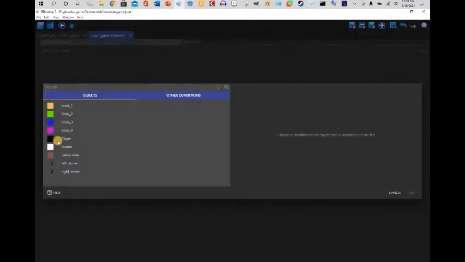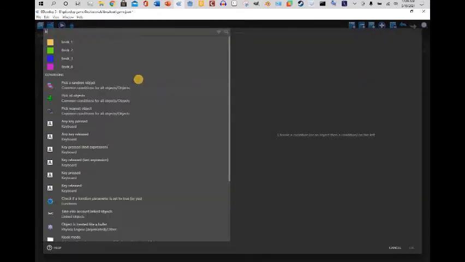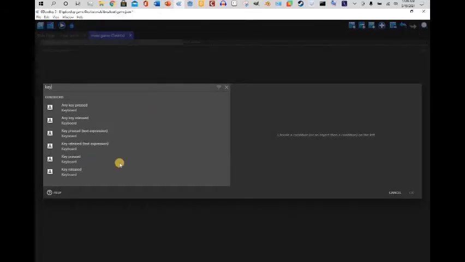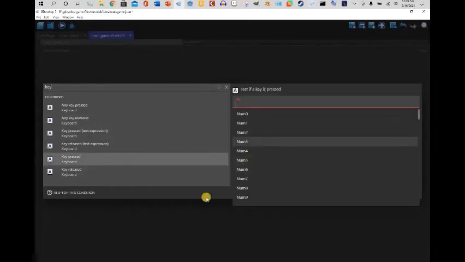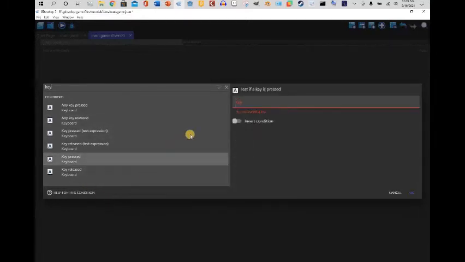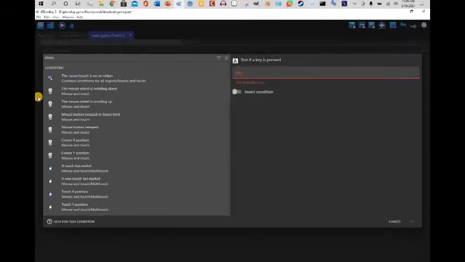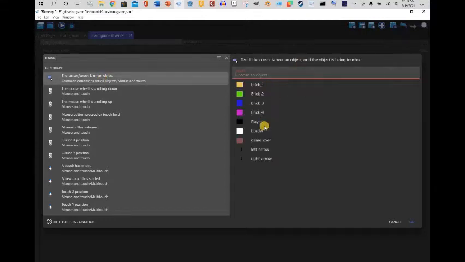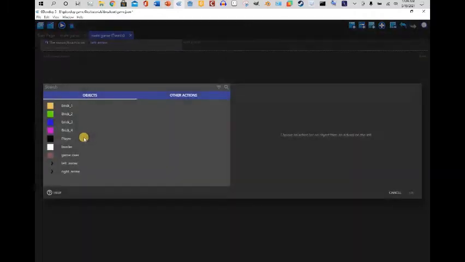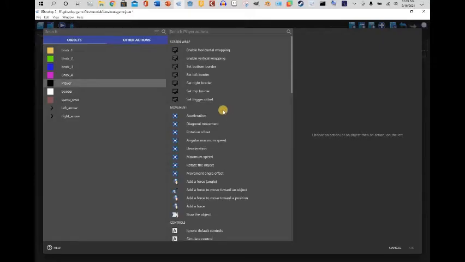Now, key pressed, one key press, but this isn't going to be ours, so mouse touching left, we want it to simulate left. So